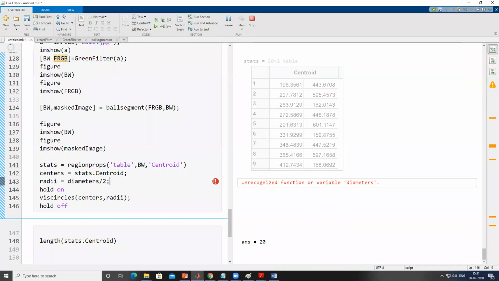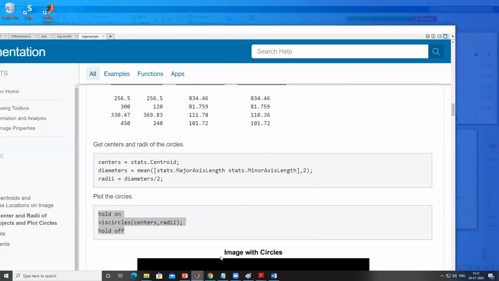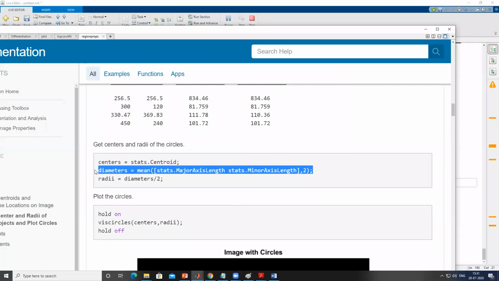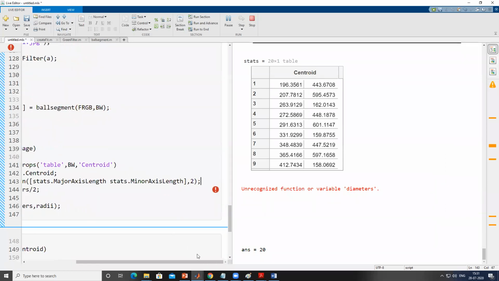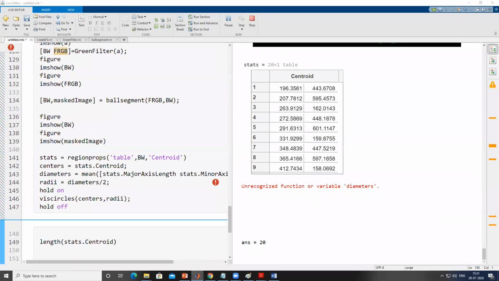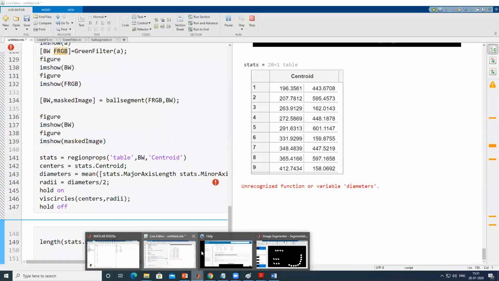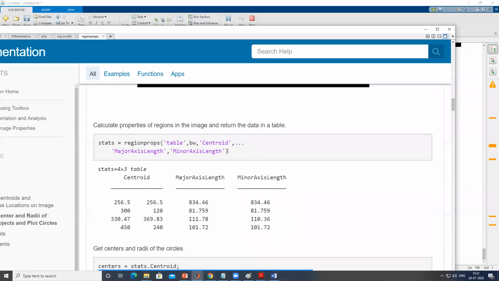Okay, it says that there is no such thing as diameter. Okay, maybe we have missed this line. So in order to use this line, I have to include the major and minor axis also. I'll include these two, Control C.